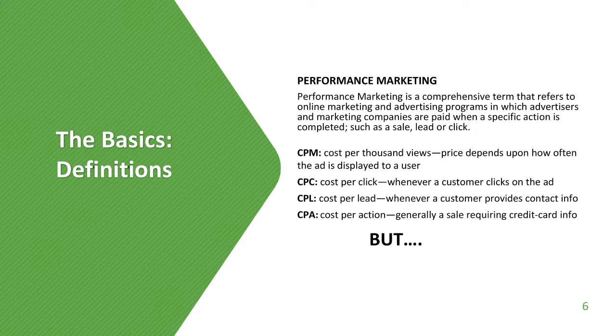And then CPA, cost per action. Generally, that's something that requires a credit card, or it's a little bit deeper down in the funnel where people are purchasing something, but a CPA is a metric that your team might be using. So that performance marketing conversation was a digital conversation. Now remember, what we're doing here today is taking the modern marketing concepts and applying them broadly across marketing and events. And that's where we bring it to the new definition of performance marketing.